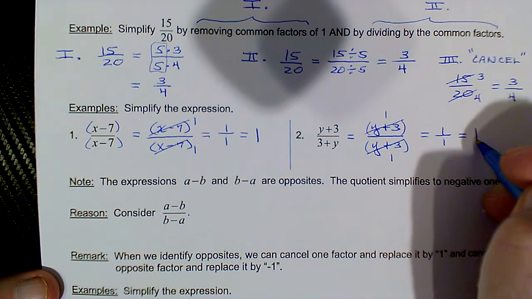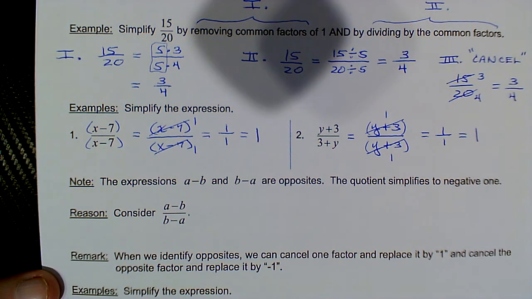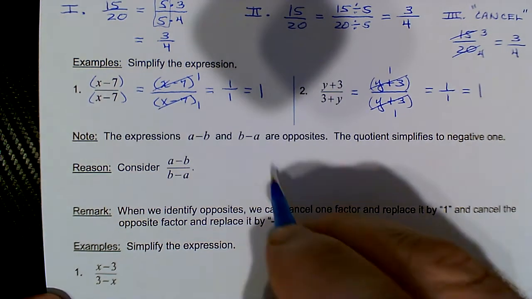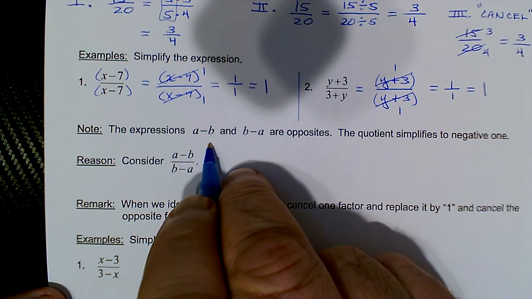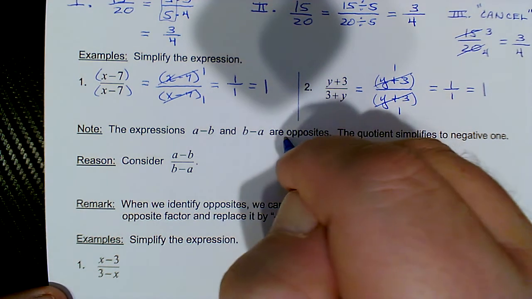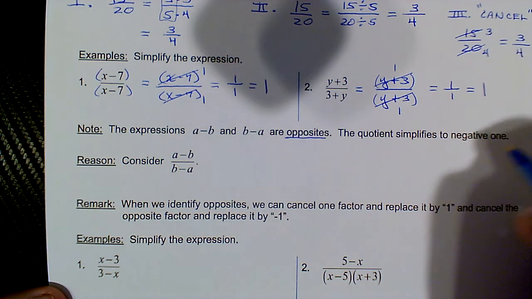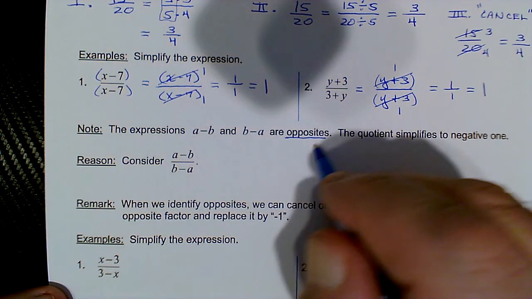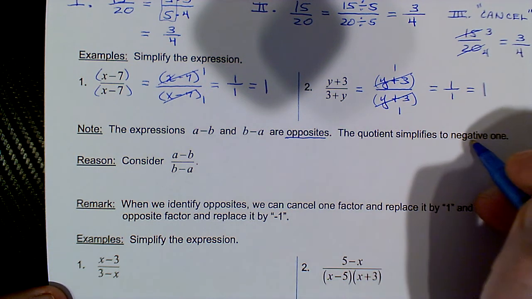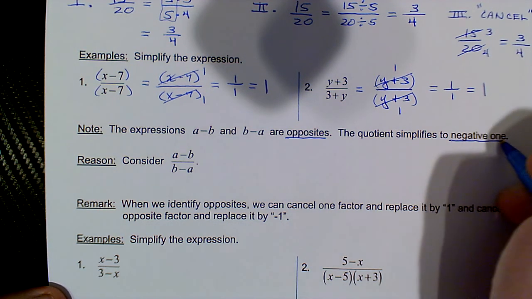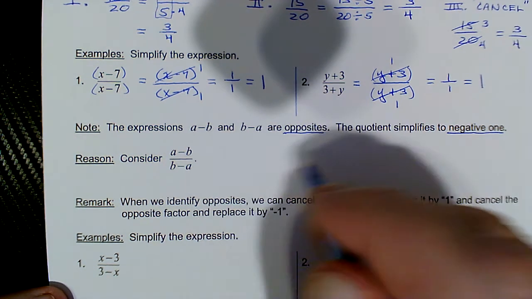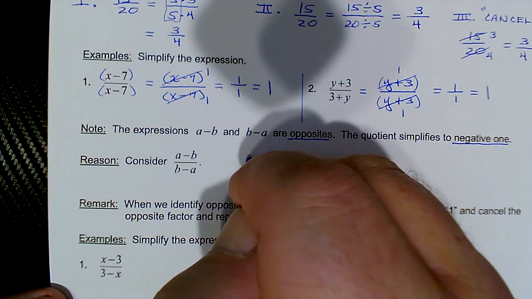Now here's a special concept. The expressions a minus b and b minus a are what we call opposites. And the quotient, or the fraction, because quotient means division, so fraction, simplifies to -1 because they're opposites. Now here's the reason why. You don't need to show this every time. But if we start with a minus b over b minus a,